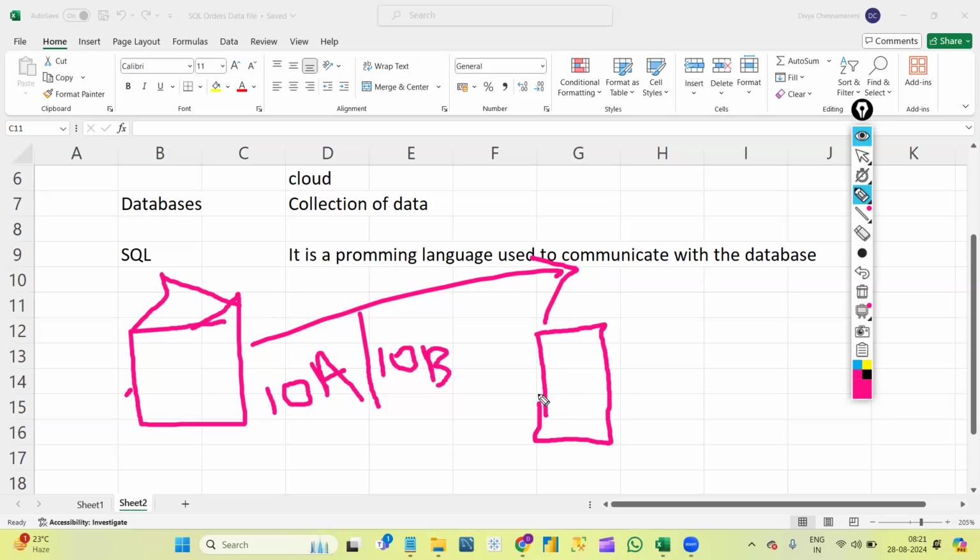In the 10th A class they maintain one register, and in 10th B they maintain another. In those registers they store all the student details. We might have experienced this in our schooling, such as attendance records.